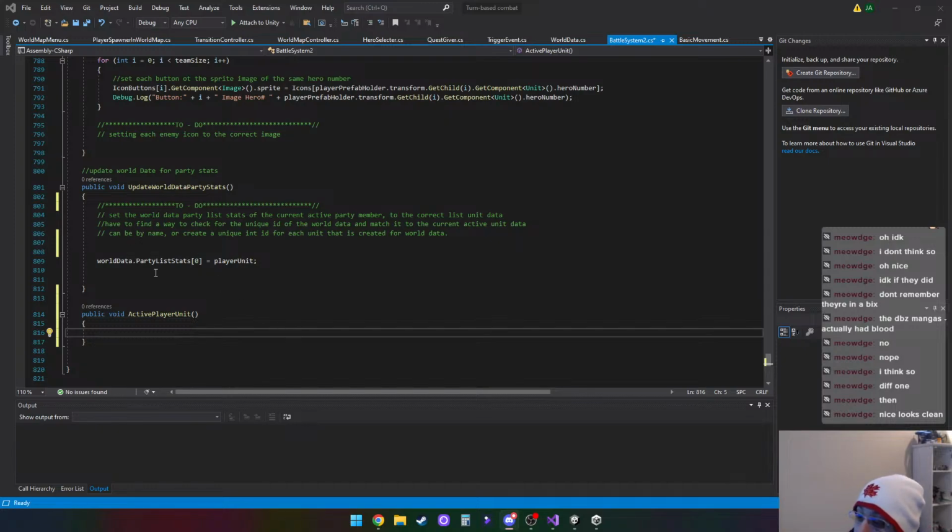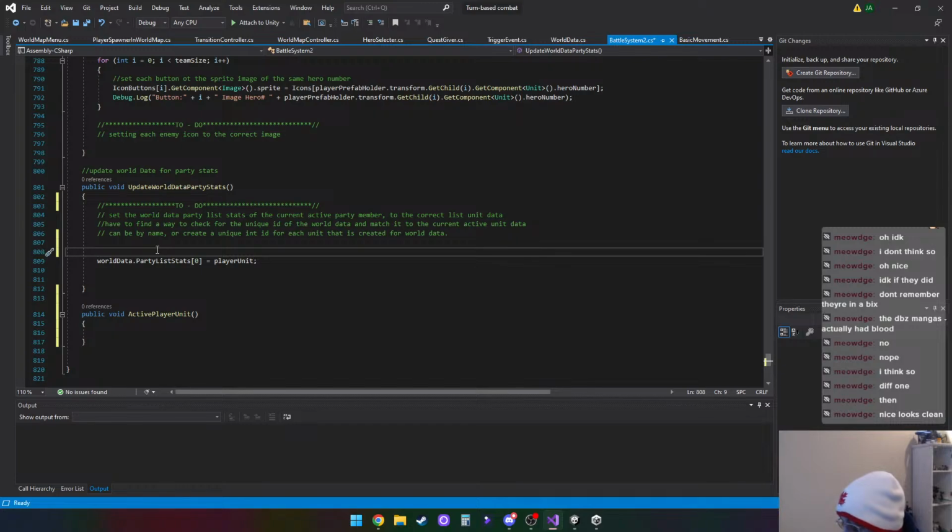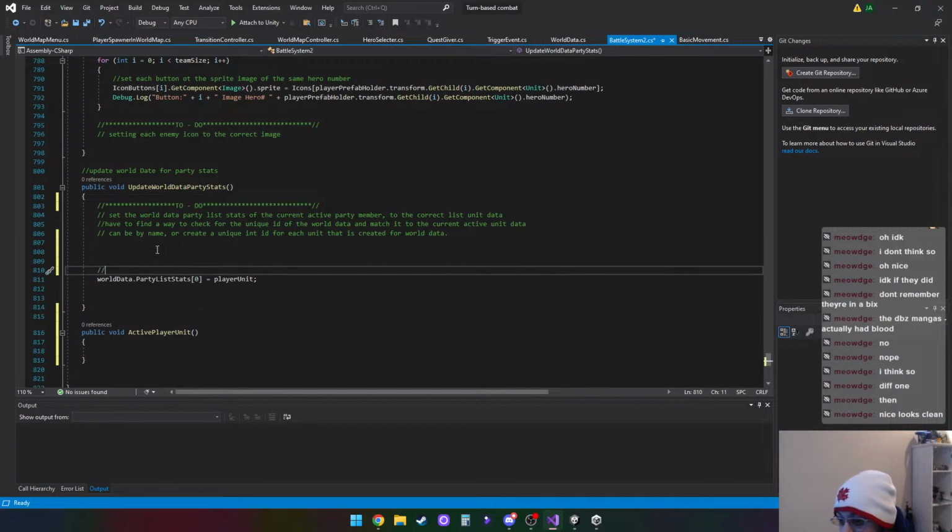But okay, here, so set data state current, yes. Have to find a way to check the unique IDs. I think I did that. Can be my name. Okay, that's some other stuff. But so, what do we need to do? So we need to set the, so we need to check if any of